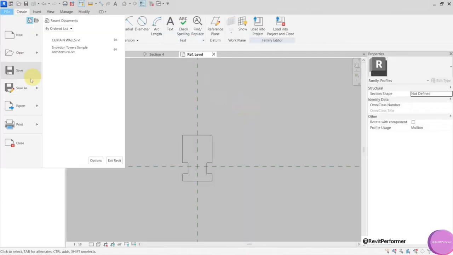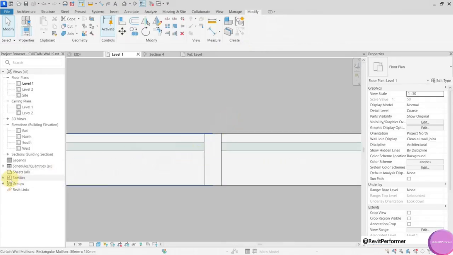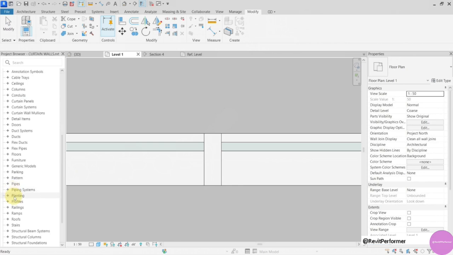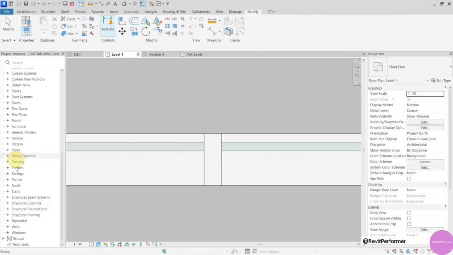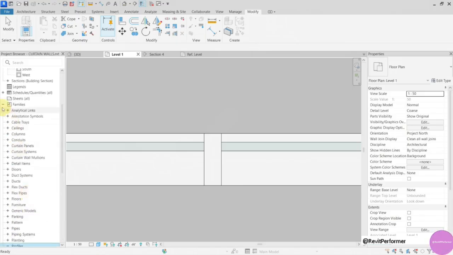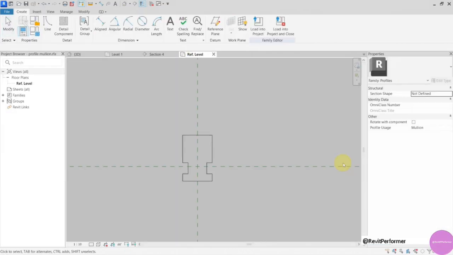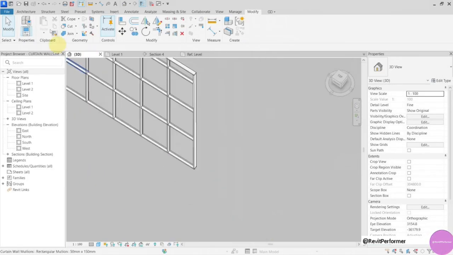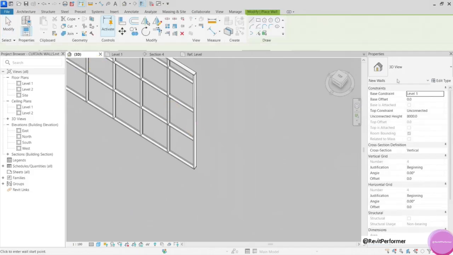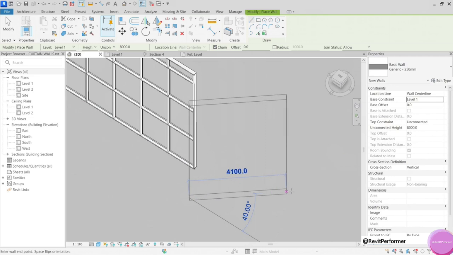okay, I will just save it and name it. Now I will load it into the project. And now you can see that in my families, under the profile families, you can see my profile Meridian family. So now I will show you the difference with this profile usage parameter. If I go here and create a wall, a normal one, let's go to the generic, something like this.